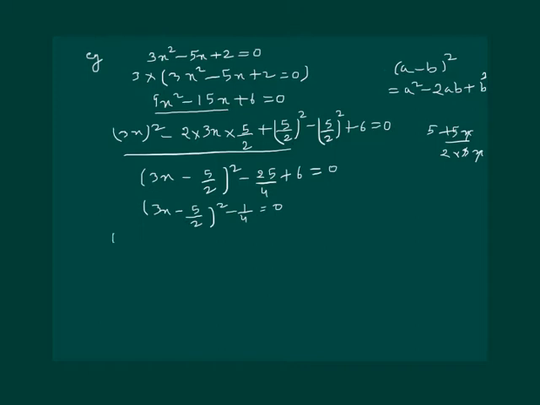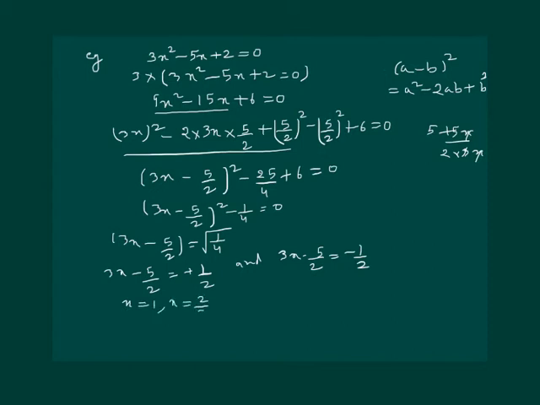Now further we can solve this as 3x minus 5 by 2 will be equal to under root of 1 by 4, which would imply that 3x minus 5 by 2 equal to plus 1 by 2 and 3x minus 5 by 2 equal to minus 1 by 2. Solving these two linear equations, we can get x equal to 1 and x equal to 2 by 3 as the roots of the given